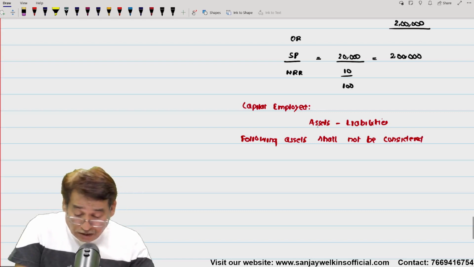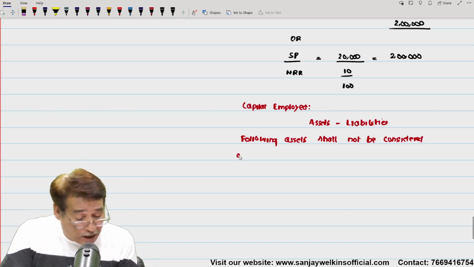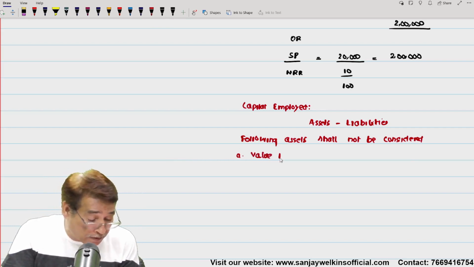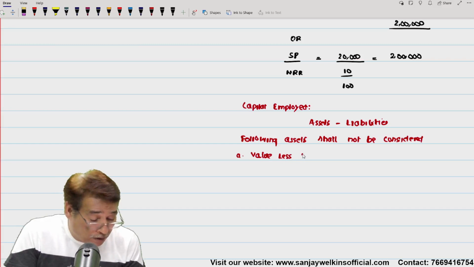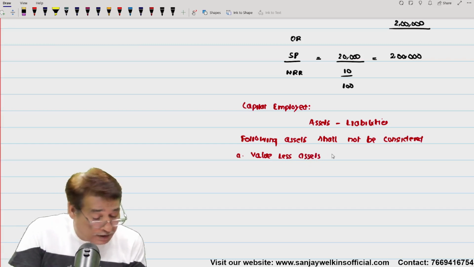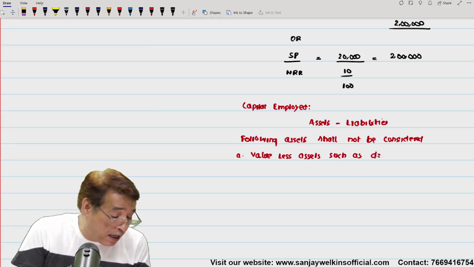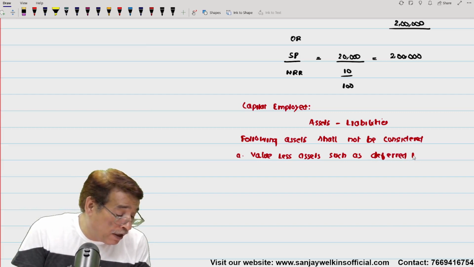What are those assets? For example, valueless assets. Now you may ask, sir, what are valueless assets? Valueless assets such as deferred expenditure. Sometimes on the asset side you must have seen deferred expenditure. So deferred expenditure